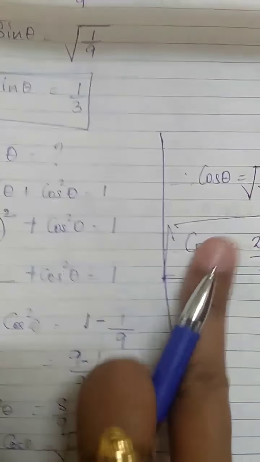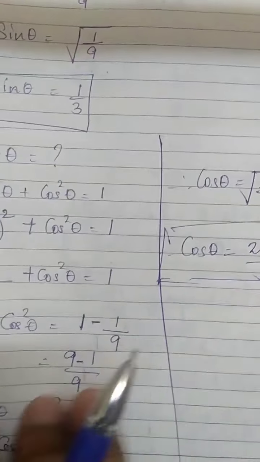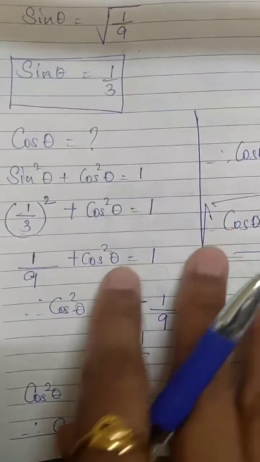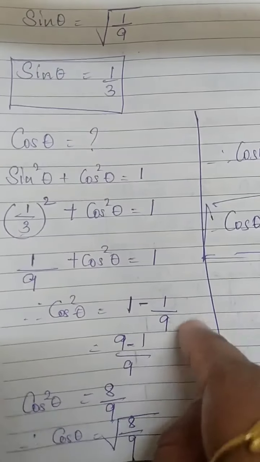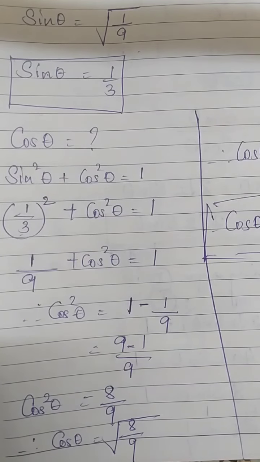Either do by this method or do by the triangle method. I think you should do by the triangle method. You will get it very easily just by using the formula. This method is also easy. Remaining sums I want you to do by your own. Looking at these sums, follow the methods and complete the remaining sums.